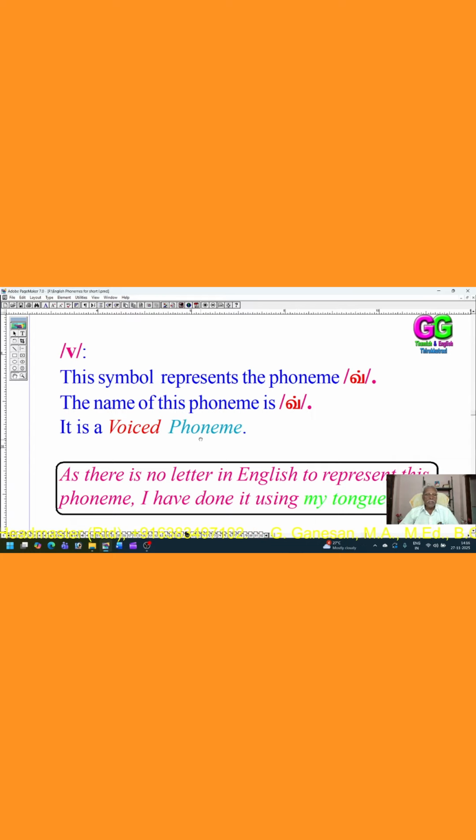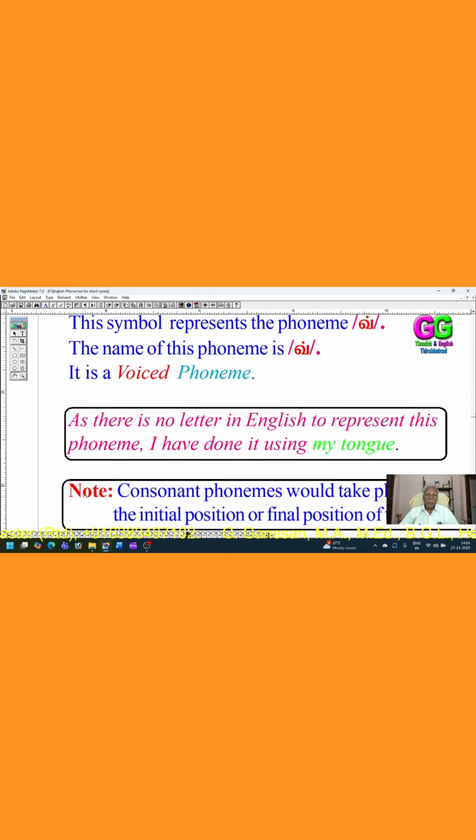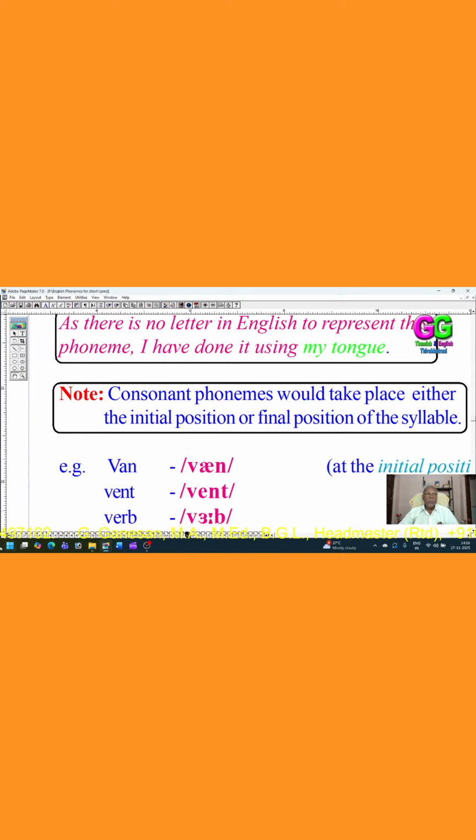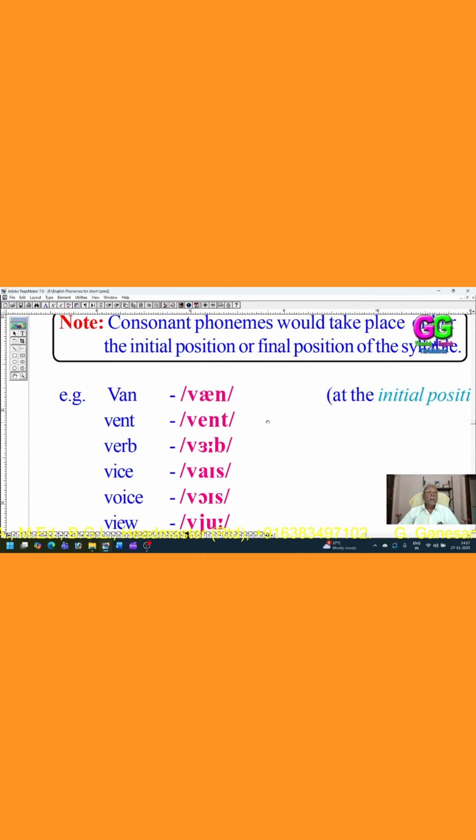It is a voiced phoneme. As there is no letter in English to represent this phoneme, I have done it using my tongue. Note, consonant phonemes can take place either in the initial position or the final position of the syllable, at the beginning of the